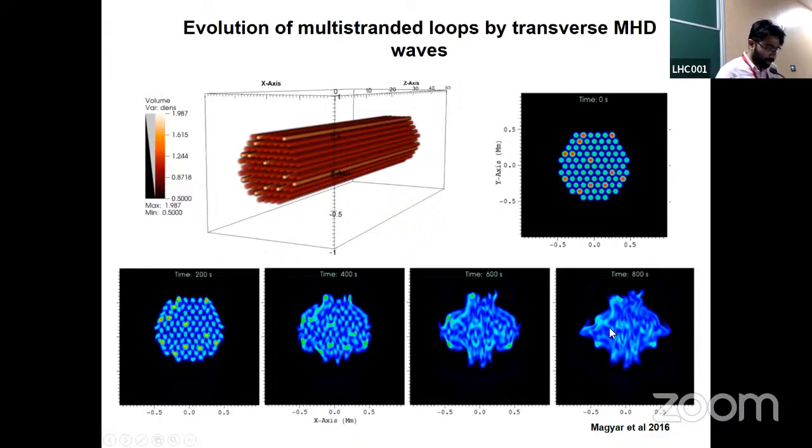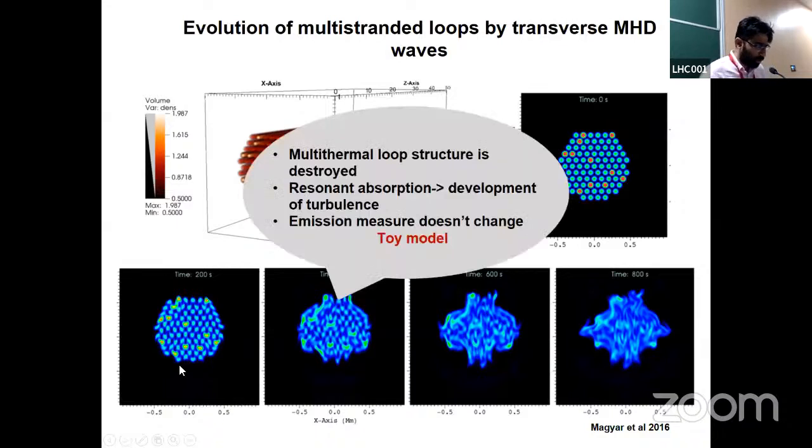So the question is, what will be the filling factor here? And these authors have estimated the emission measure, and they found that